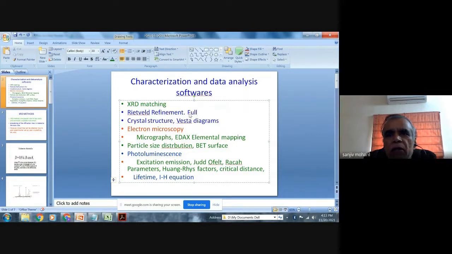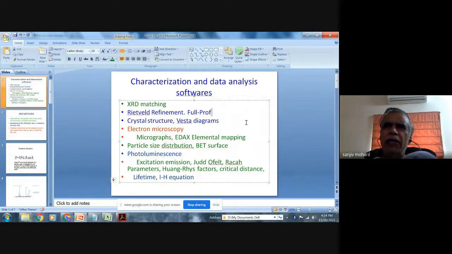So there is a software, FullProf. This is freely available software, so you can download that and install it. So basically, such software is used for the Rietveld refinement. And once we get the Rietveld refinement, then that is a quantitative way. In fact, in our group, Rupesh has done this Rietveld refinement. Also, Priya Tundam, she also has done it quite well.